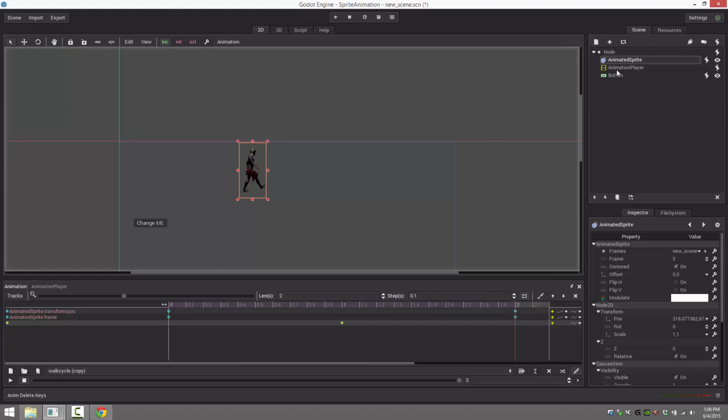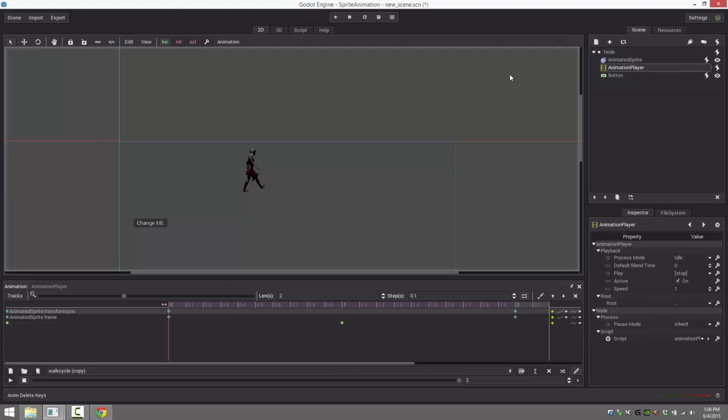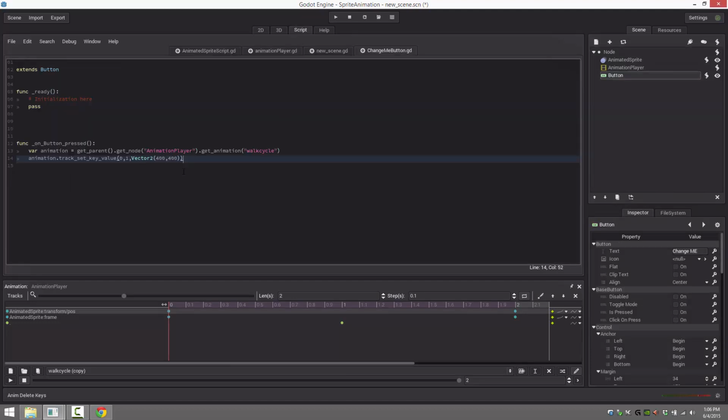On top of that, in your animation player, you have these events available to you for animation changed and finished, also renamed, I don't know when that would ever be called, or entering and exiting the tree to close out of there. Or you can directly encode, like what we just saw right here. You can get the animation player. It's just a node, looks like any other. Get the animation by passing in its name, and then you can sit there and muck with the track values or the keyframes in those tracks as much as you wish. And essentially that is